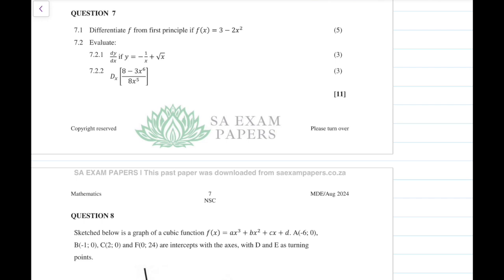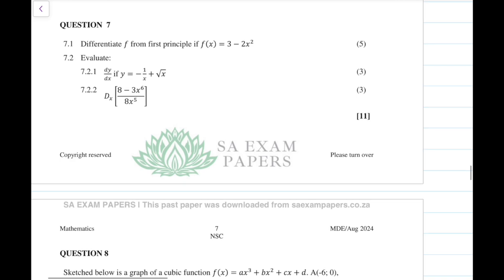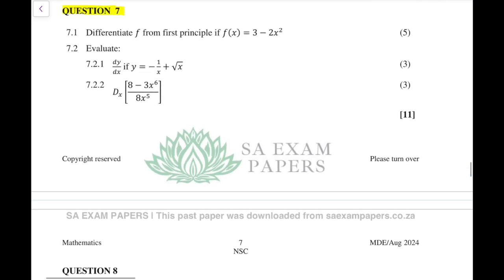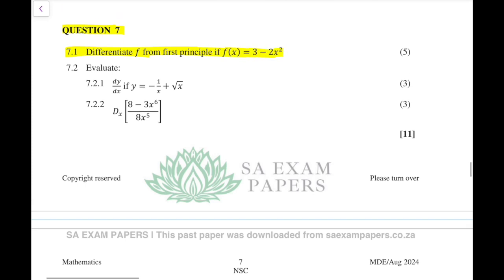Okay, so question 7, it says we need to differentiate f from first principles if f of x is equal to 3 minus 2x squared. So we know how to do first principles by now. I'm pretty certain that we know how to do first principles. So 7.1,